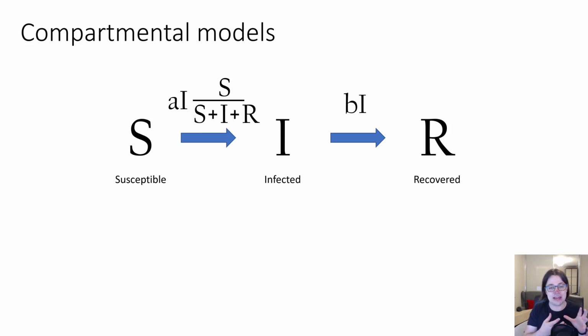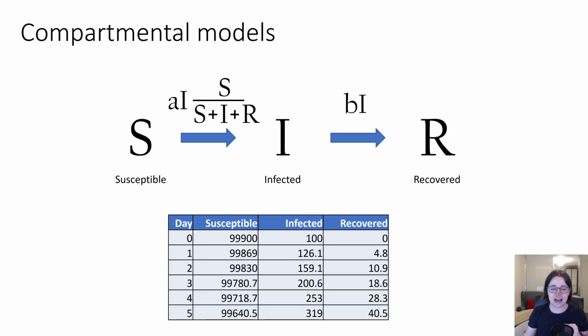And this B is a constant. It's saying that at each step, the number of people who move from infected to recovered are proportional to the number of currently infected people. And so what happens is you start with some base assumption. Here I've got